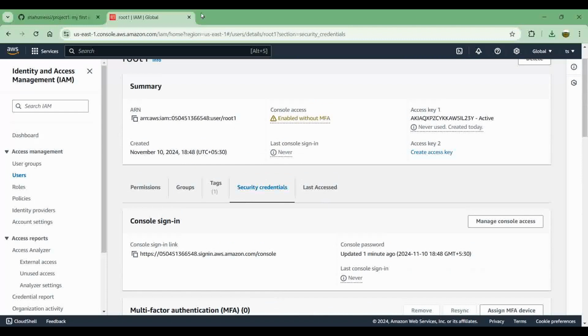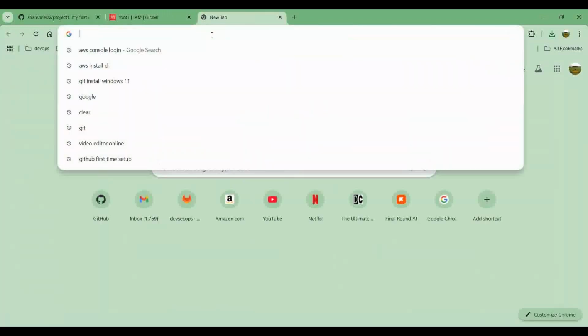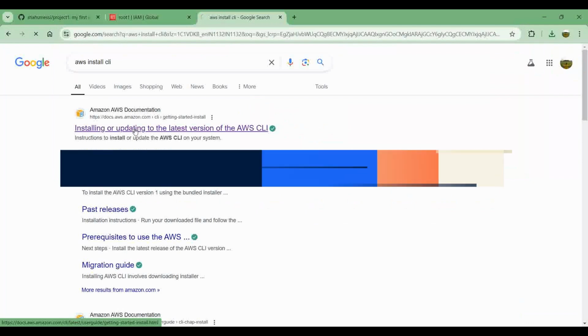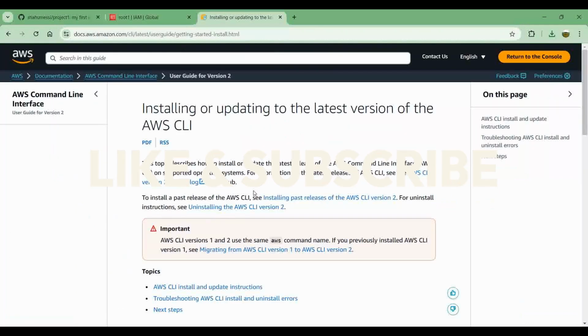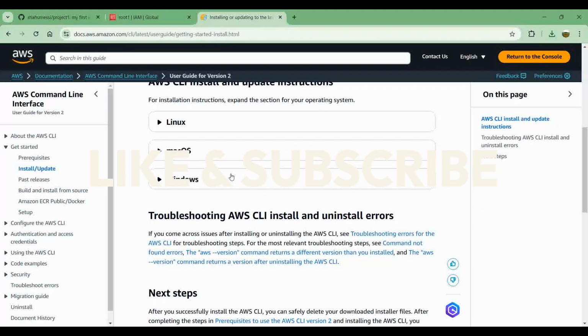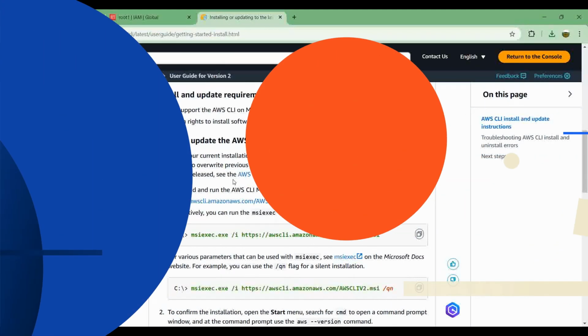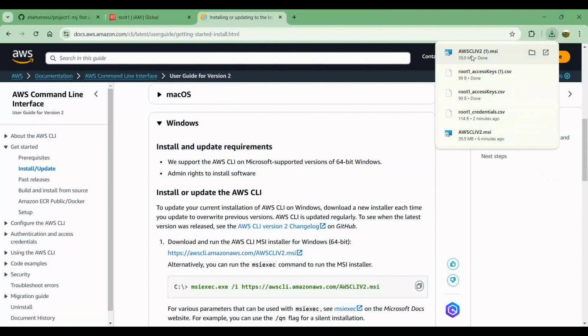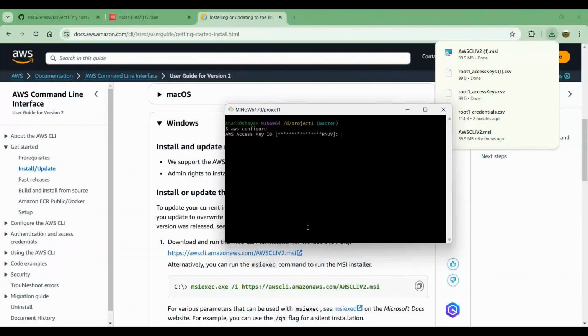And go to Google and search for AWS install CLI. Go to the particular links and select Windows if you are on Windows, and select this one. This will install the AWS CLI software. Once the installation is done, go to any kind of terminal